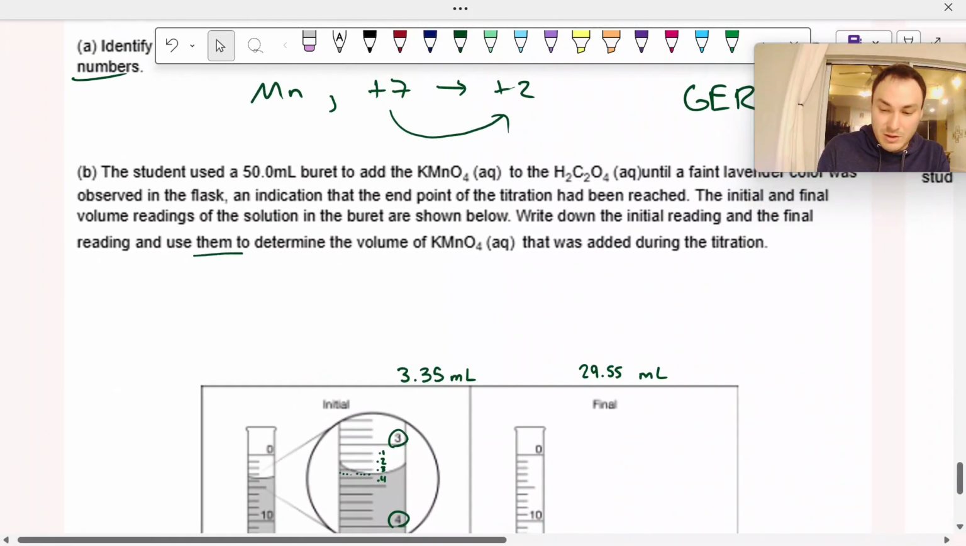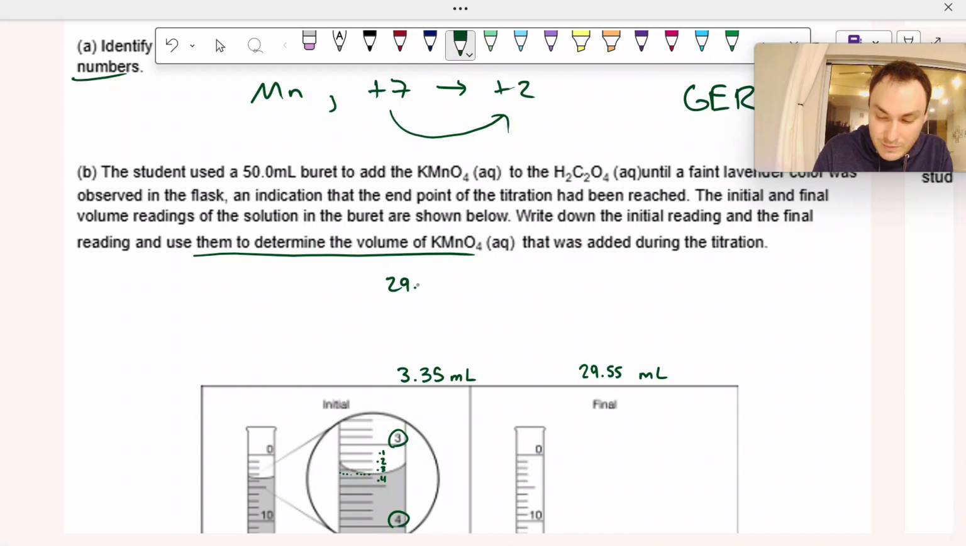And then use that to determine the volume of potassium permanganate. So we're going to take the difference between these two. The final reading was 29.55. The initial reading was 3.35. The difference between those two,